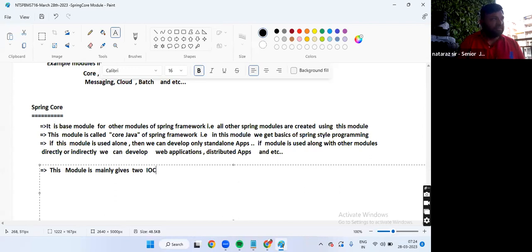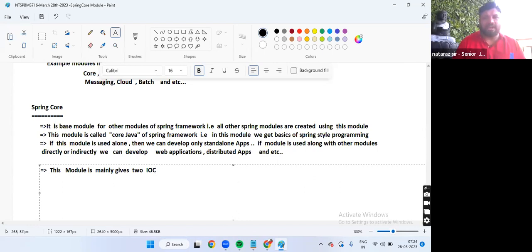Servlet container, JSP container, EJB container, and in Spring, the IOC container. Servlet container manages the life cycle of Servlet components, nothing but reusable classes. JSP container manages the life cycle of JSP, nothing but .jsp files. EJB container manages the life cycle of EJB components, nothing but reusable classes. IOC container manages the life cycle of what? Spring Bean.